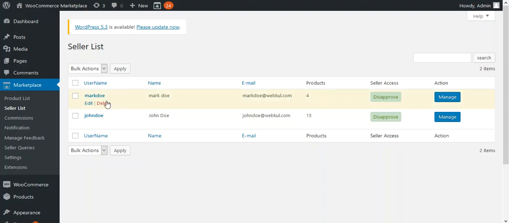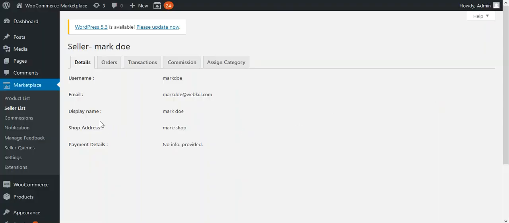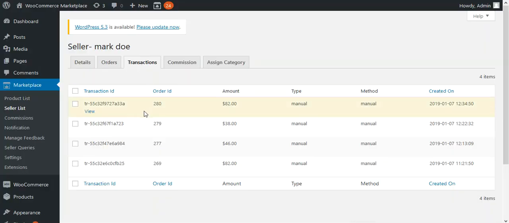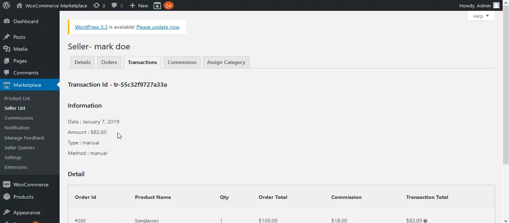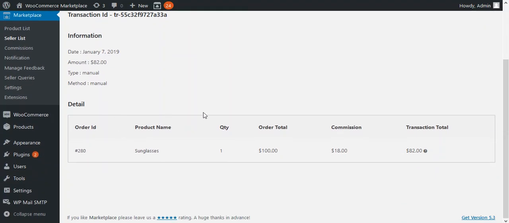and then for any of the respective sellers, the admin can tap the manage button under the action column, and here the admin can tap the transaction tab, that's the third tab. So for each respective seller, the admin can check the transactions that he has made for the sellers, and the admin can also see the particular details or information for that transaction, like the date, amount, type and